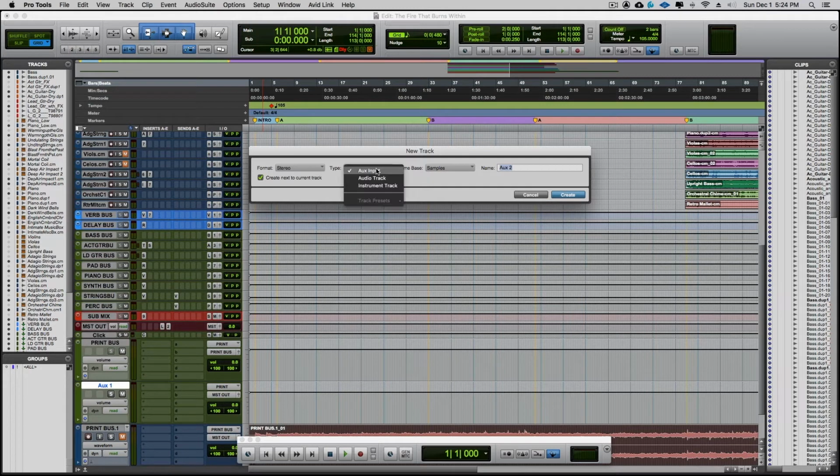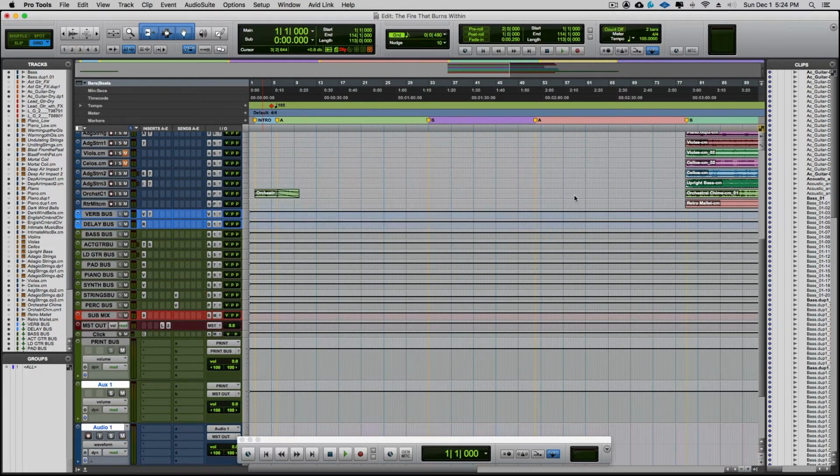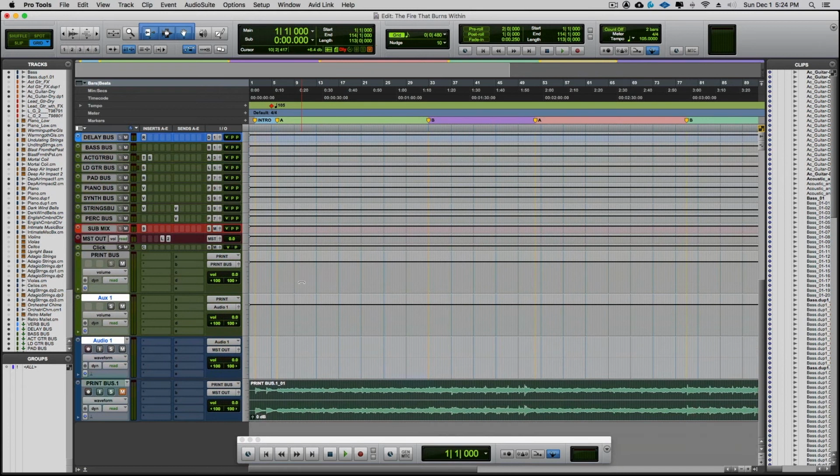I want a stereo audio track, and you're going to want to name that print track or whatever it is that you're going to know that that's what you're printing the console mix back to. I'm going to leave this named audio 1 in this case again, so we can differentiate that from the other tracks. So we can see now the aux we created, its input is our print return from the console, and it's being routed out to this new audio track we created,